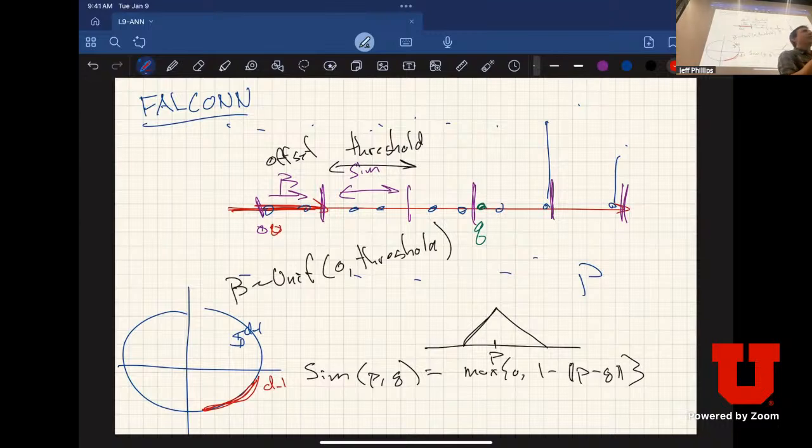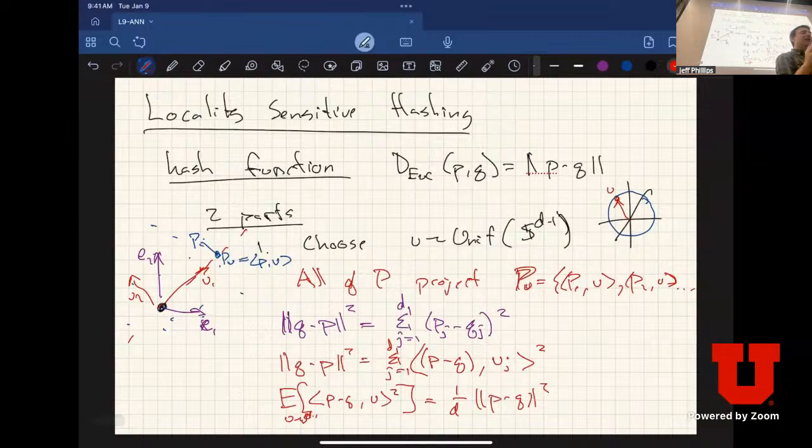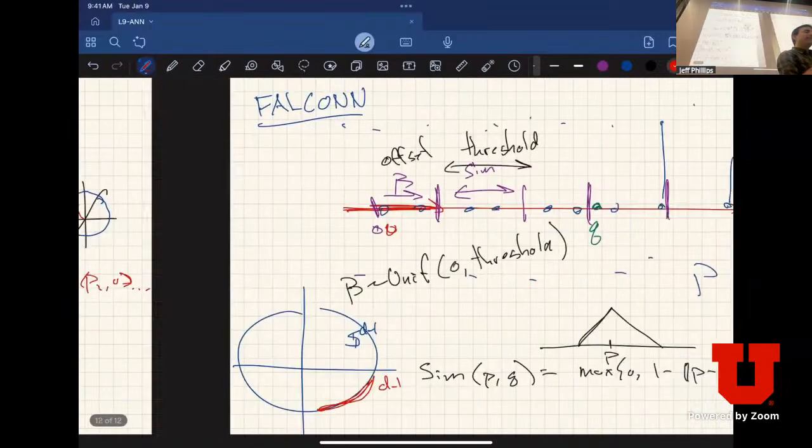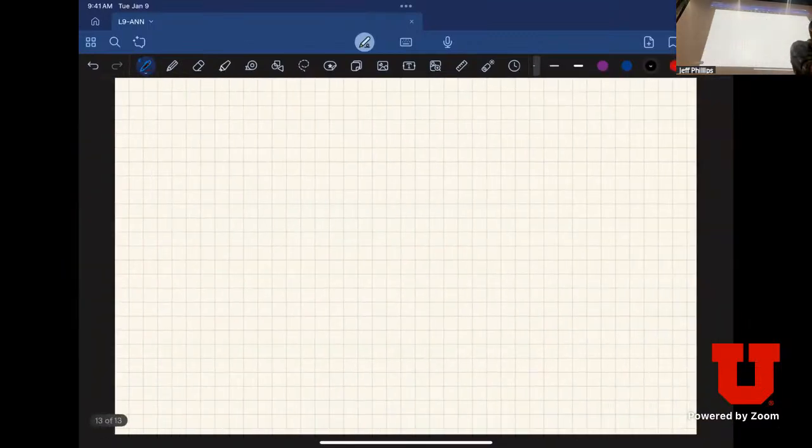And it uses one other trick called the cross polytope hash, where instead of picking one dimension, it's... okay, I think I won't describe that. That gets kind of into the weeds a little bit. Okay, I want to remind you one more thing about